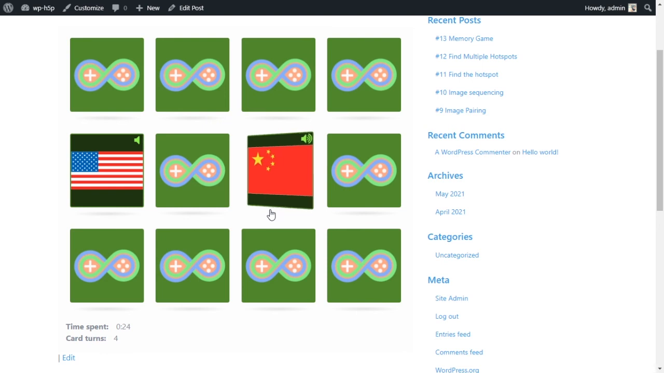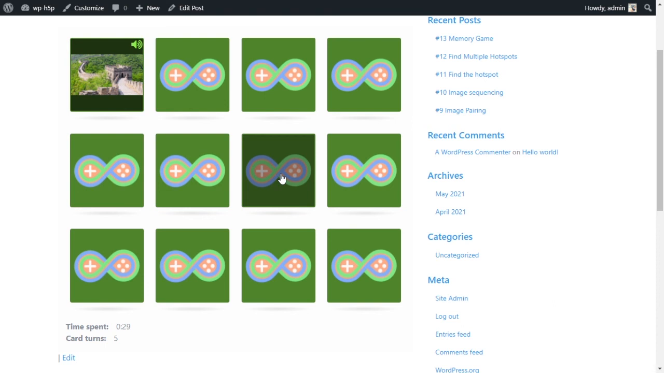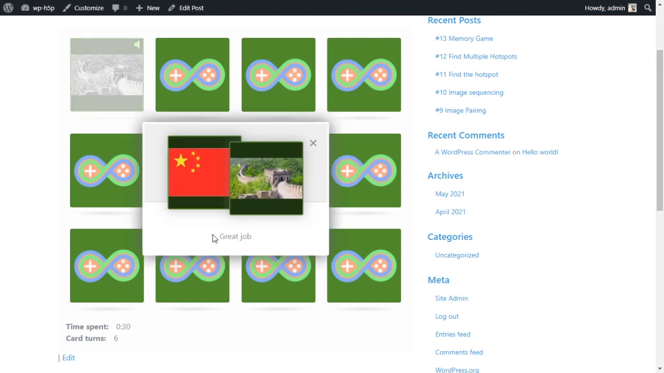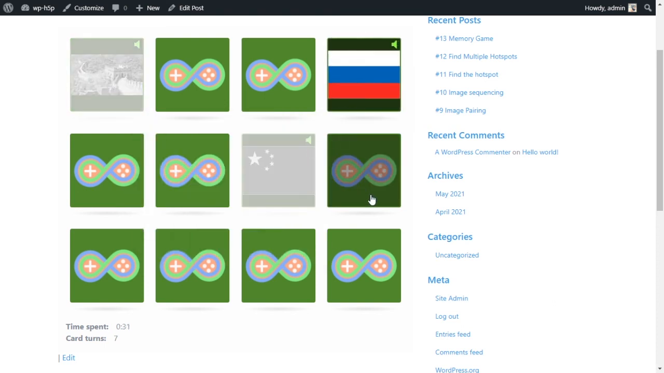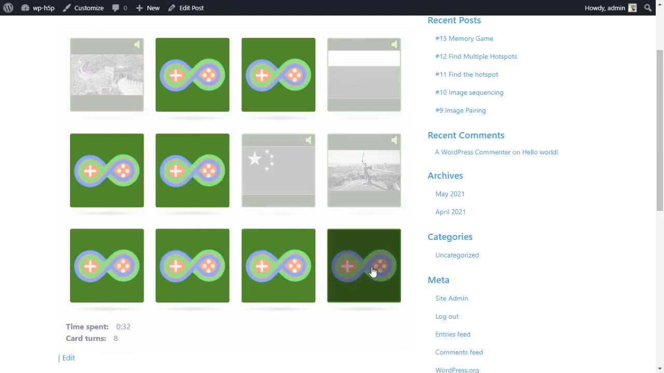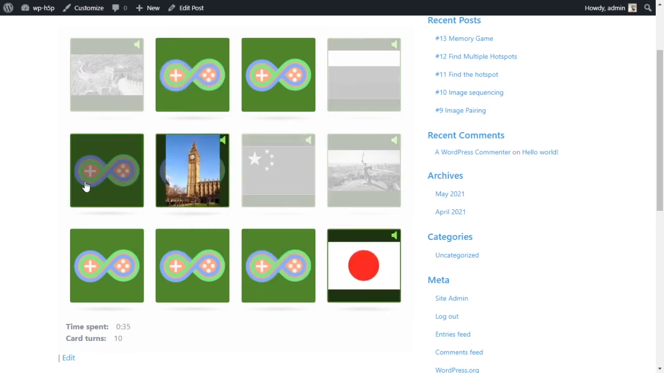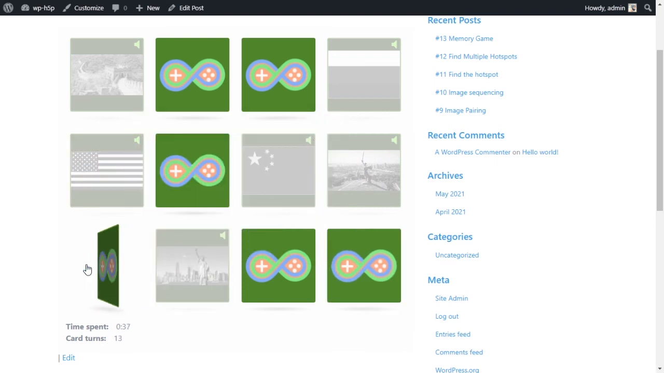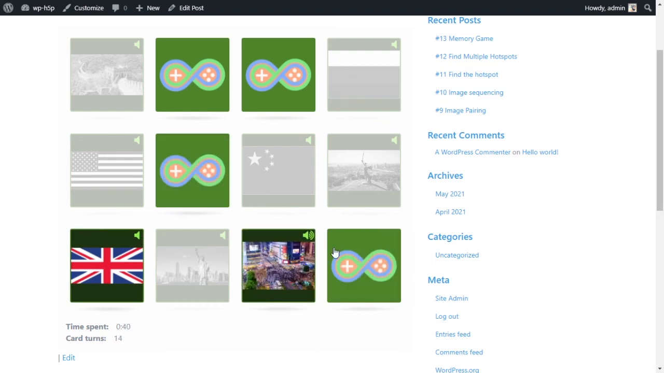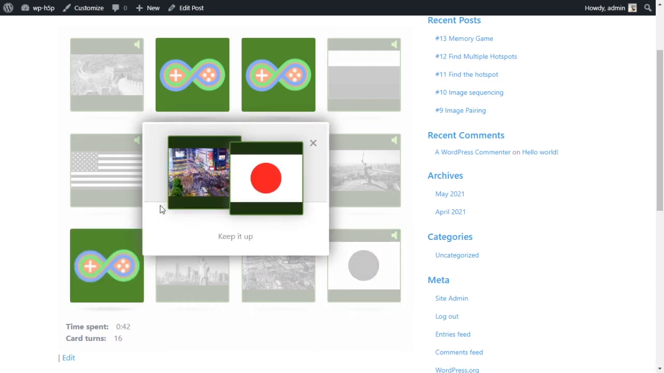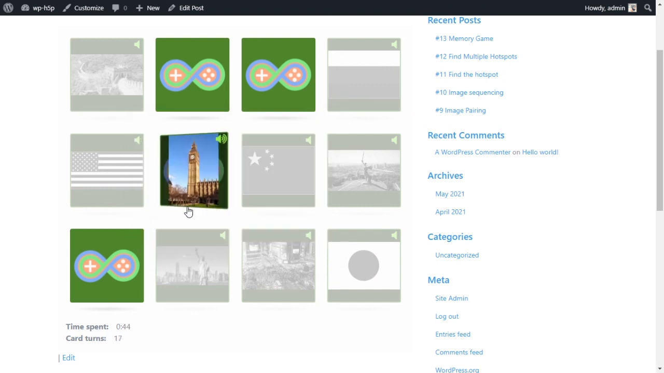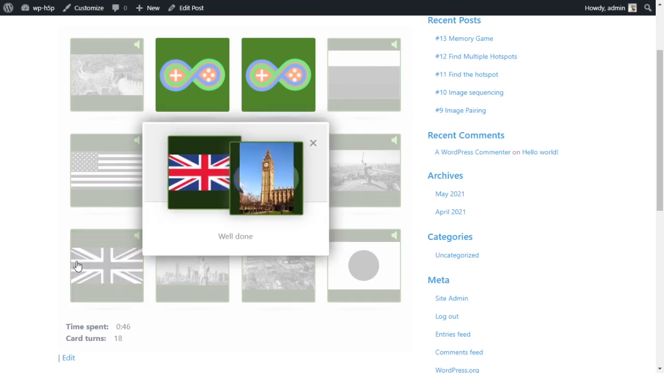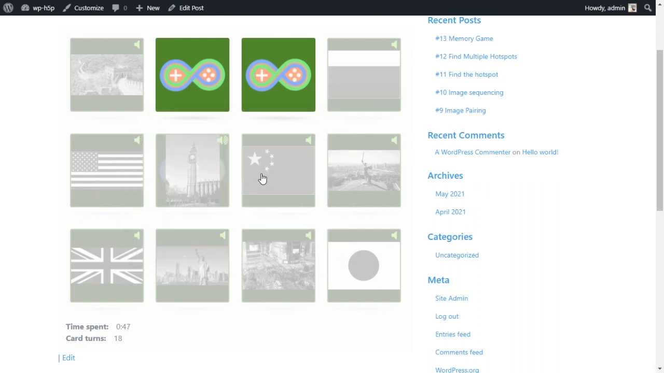United States. China. The Great Wall. China. Get my custom message. Russia. The Motherland Calls. Got a lucky one. Japan. Big Ben. United States. Statue of Liberty. Nice. United Kingdom. Shibuya Crossing. Japan. Shibuya Crossing. Nice. United States. Big Ben. United Kingdom. Got that. United States. Big Ben. Even after getting the answer, you can still click on it to see Big Ben,